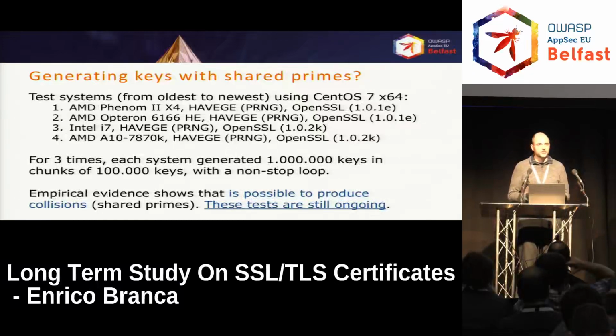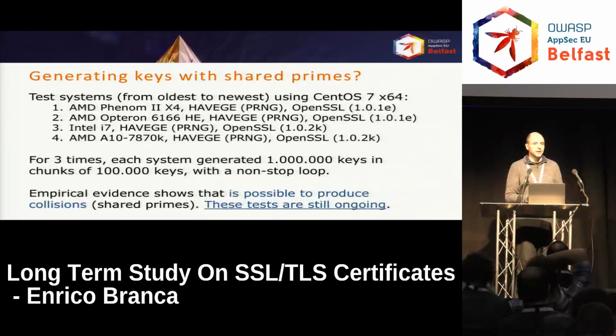it seems that it's possible to generate collisions by simply generating keys. So the more keys you generate, the more collisions you have. The more collisions you have, the more keys you can break. Because every time you generate a key, you also generate 2 numbers. And if anybody on the planet ever has the same 2 numbers, I can break their key without them knowing that I have these numbers. It's kind of a rainbow table. It's enormous, but if this happens, then this can be done.